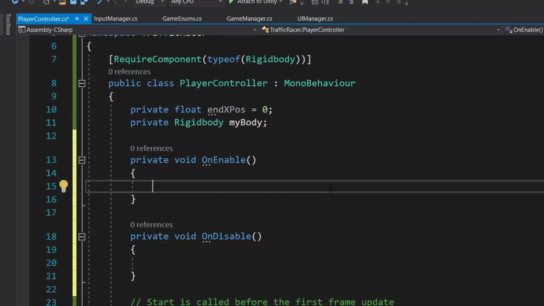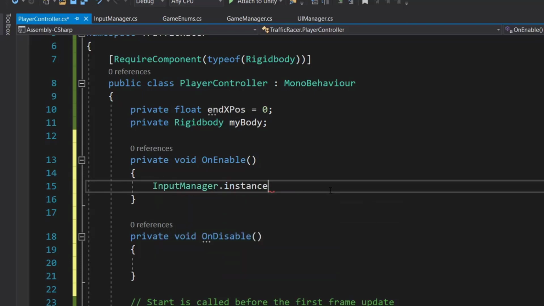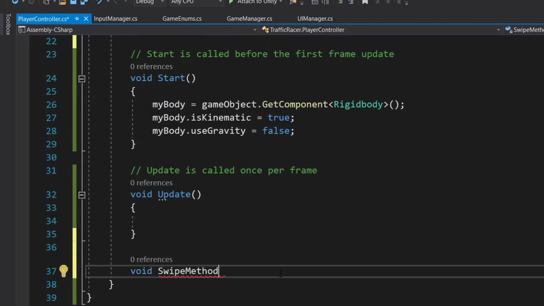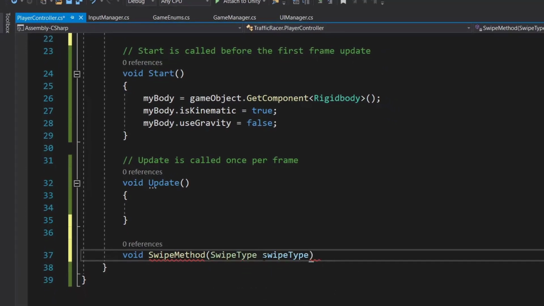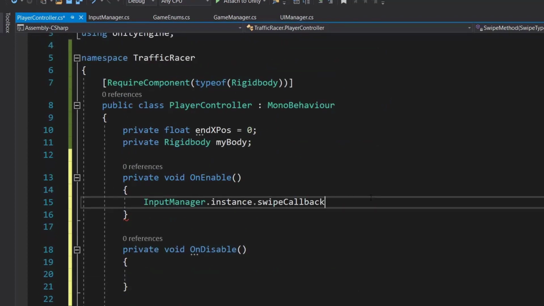So here we will call our input manager dot instance dot swipe callback. So we need to subscribe one method for that. So down here we will create a void swipe method, and we will pass a parameter of swipe type. Let's copy this, and here in on enable we are going to subscribe.